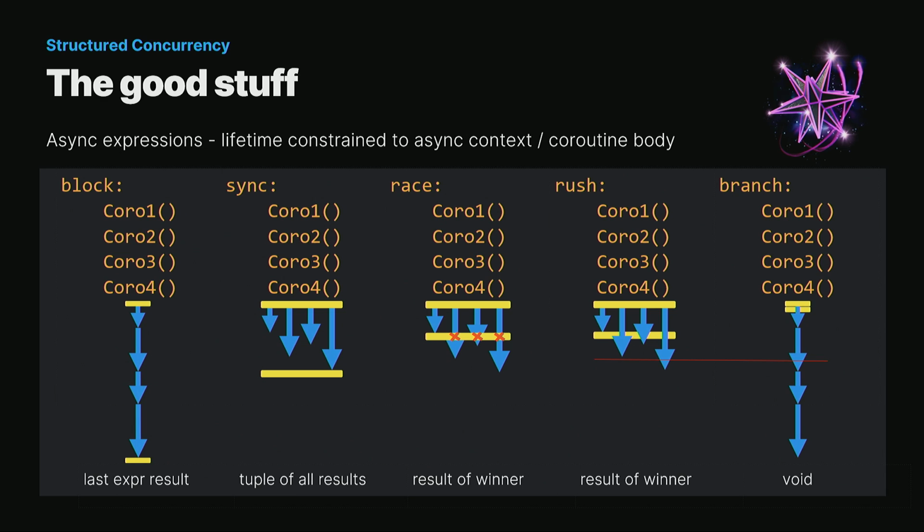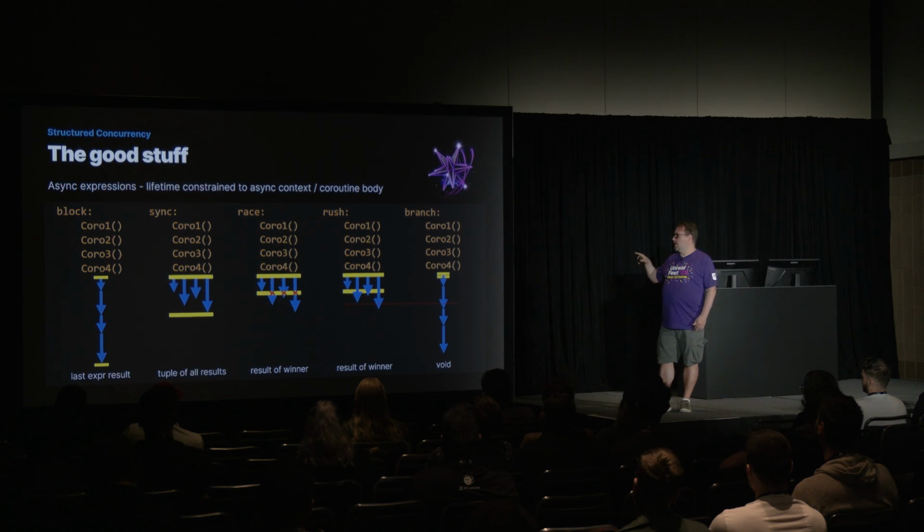So you can see the little arrows representing each of their different times. And then it won't go to the next expression until they're all done. And then race, sort of like sync, they all go at the same time, but whichever one completes first wins the race, and all the other running sibling expressions are canceled before it does the next expression. So with rush, it's very similar to race, except when the first thing completes, you go to the next expression, but everything else that didn't win the race keeps on going.